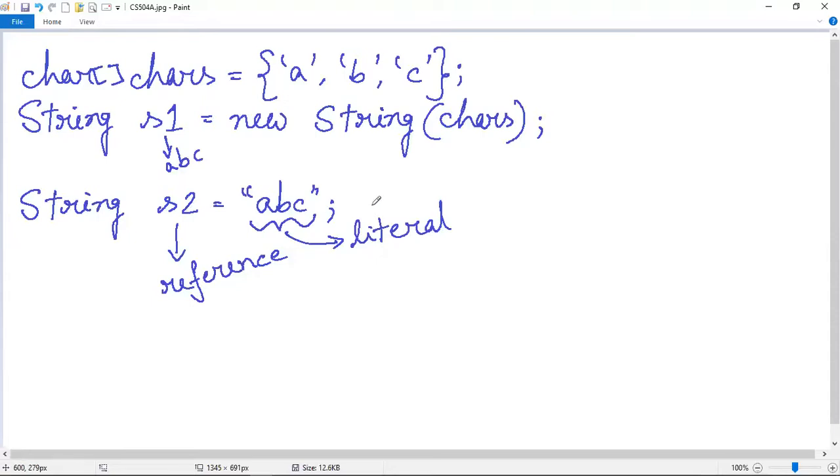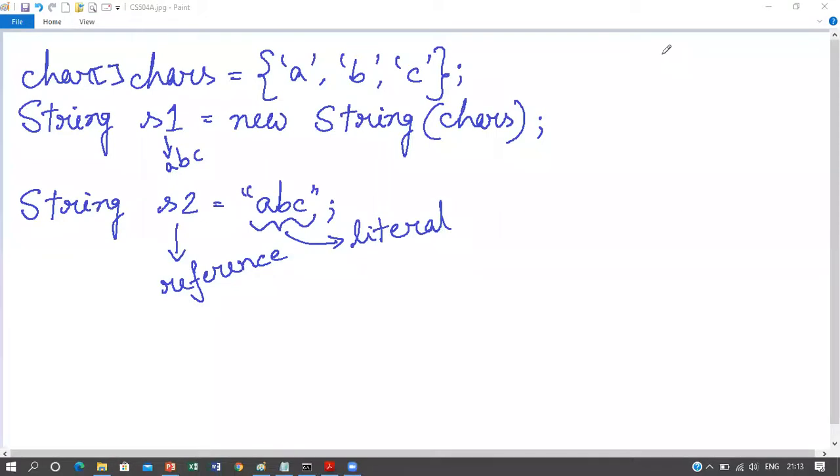Now let us see what is the difference between creating an instance from the string class in order to create a user defined string, and using string literals in order to create a user defined string in Java. There is a huge difference that you have to know. So as we have already discussed, this is the statement for creating a string using the string literal. So whenever you are writing something like this, basically you are creating a string object using the string literal.